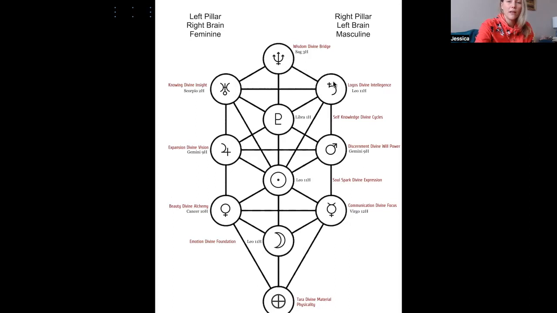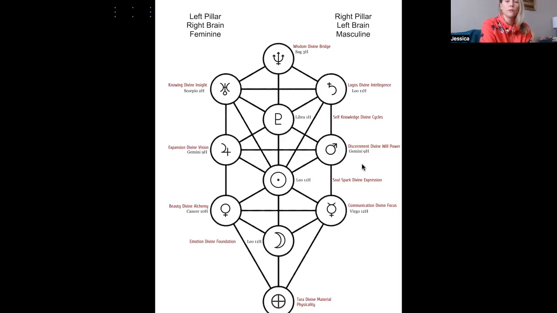So then as that lightning flash moves down from Pluto, it moves into the sphere of Mars. And Mars is discernment. It's divine willpower. So you want to place, again, your constellation with your house there to see how those lessons are coming in, right? When Mars is in its shadow, it's tyrannical and unnecessary violence. When it's in its highest octave, it's discernment, and it's the firepower that we need to drive our goals forward.